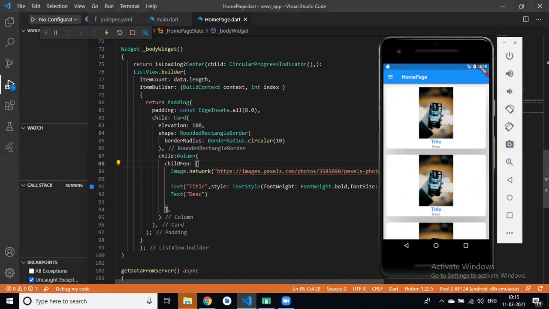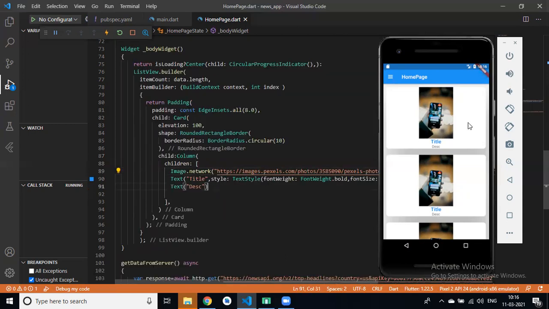We can simply wrap this column widget with padding, or wrap it with a container and then give margin. With the help of the container widget, simply wrap this widget and give a space. Okay.